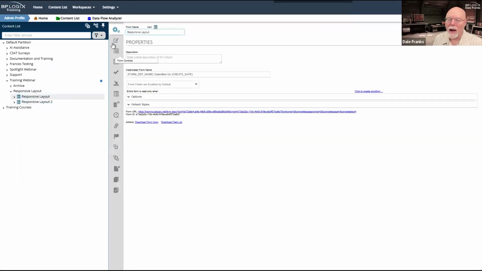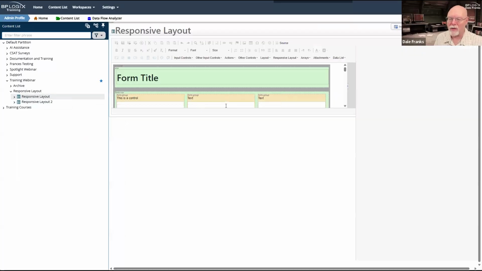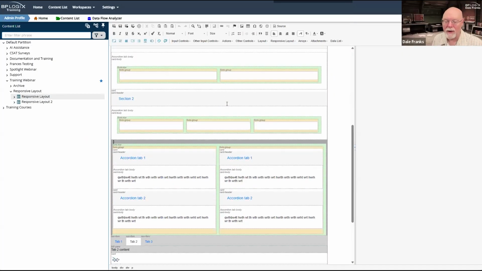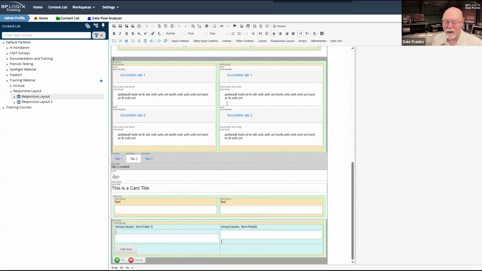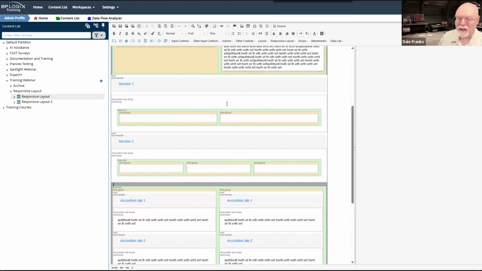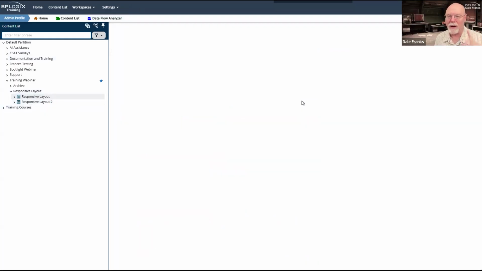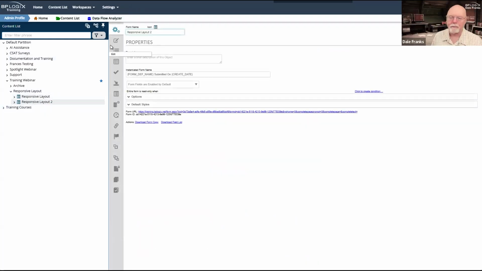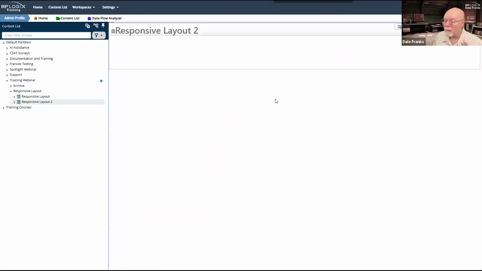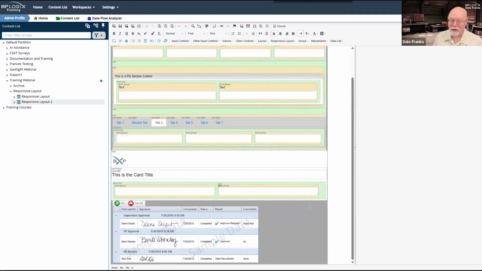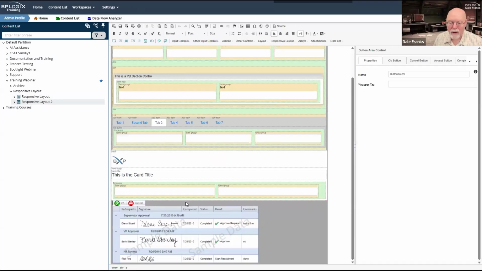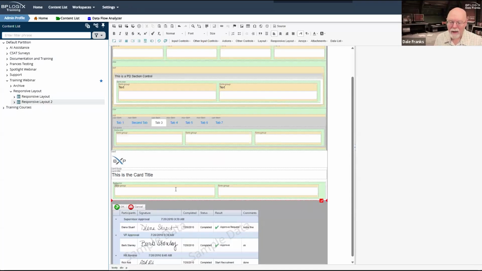So let me go back and look at the responsive layout control that I have here, a form that I have here, to see if there's anything else I want to, yes, one more thing that I want to cover. And this is the one difference that we have to keep in mind. So I'm glad I looked back over there. Let's talk about arrays, because arrays are pretty common. So I need to come way down here, and I need to insert another row.